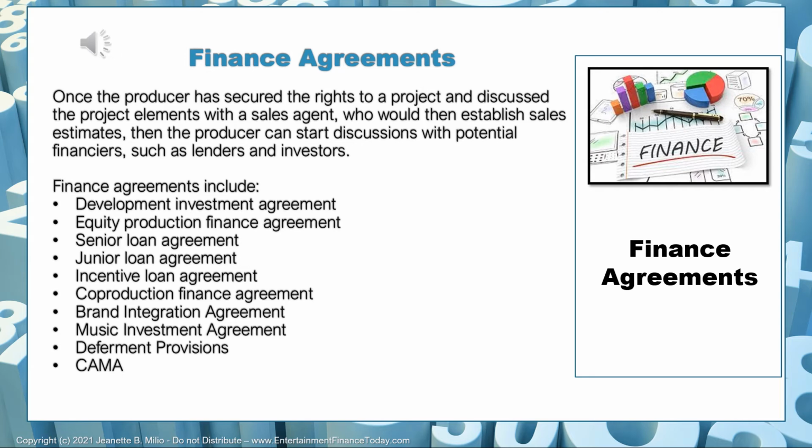And then the last finance agreement that we want to talk about here is the collection agent management agreement, which basically includes all these agreements and combines all the finance and distribution agreements in one big agreement that reflects all the terms everyone has agreed to, and it includes everyone who has given an investment, given a loan, is owed an expense or a payment or a profit participation, or has a deferment, or is in any way connected to the movie in a financial way.